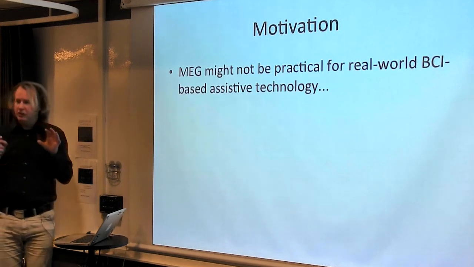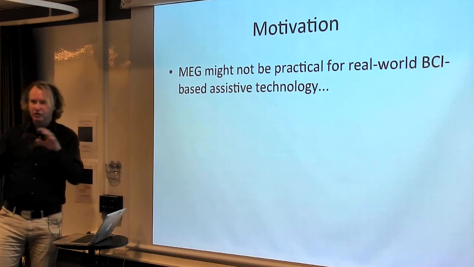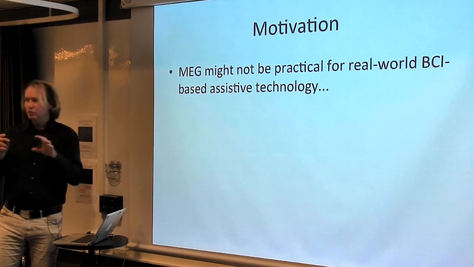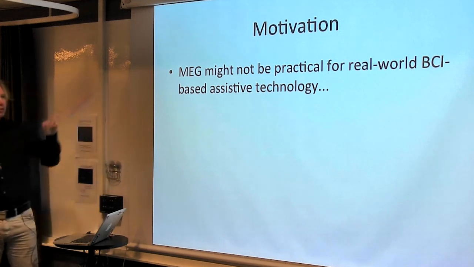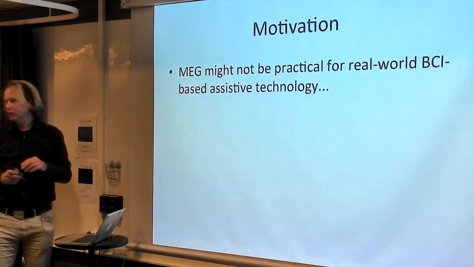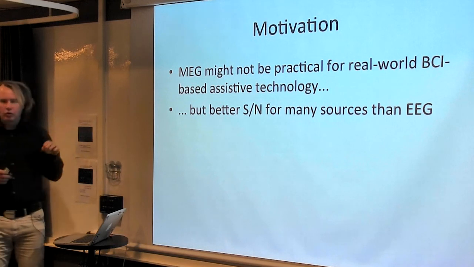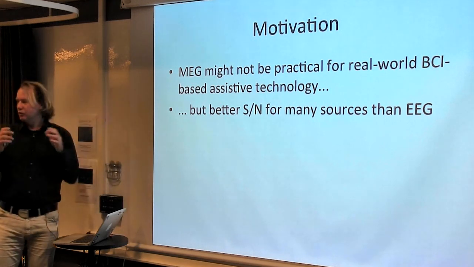Okay, but you might ask why. MEG is an expensive, big device. You can't really move your head much, so it might not be the most practical tool for real-world BCI-based assistive technology. Well, the thing is, it has much better signal-to-noise for a lot of sources, especially for the superficial sources,